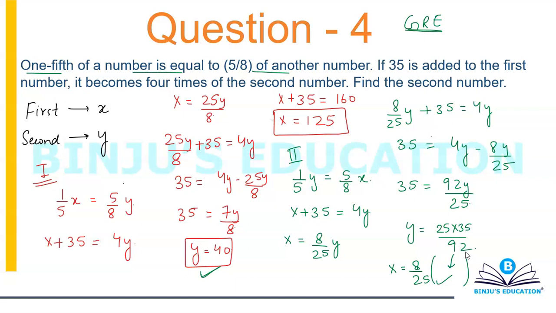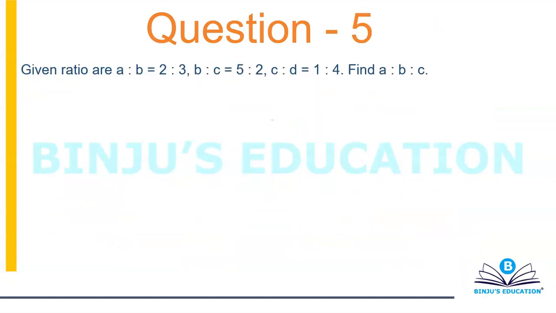If this question comes in SAT, then they may say that find the second number if both the numbers are integer. In that case, there is only one case possible, that is 40 and 125. In GMAT we don't have multiple choice, but they can say that if it is an integer, or if it is a fraction, find out the value. So accordingly, you'll have to mark your answers. All right then, that's good for question number 4. So let's move on to question number 5 now.